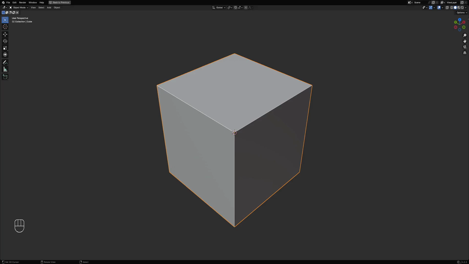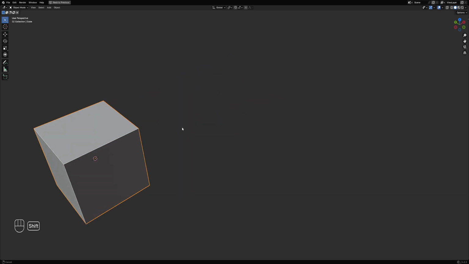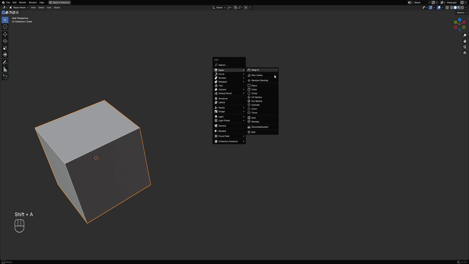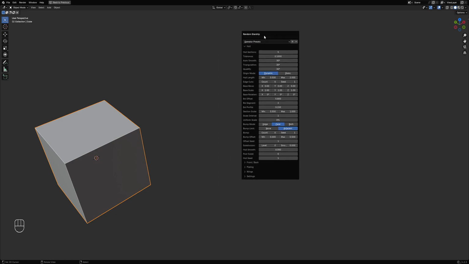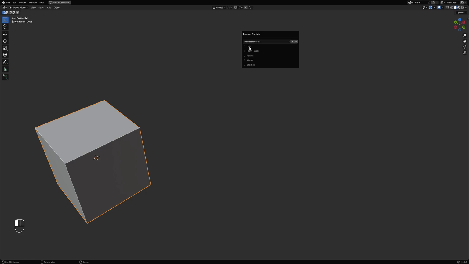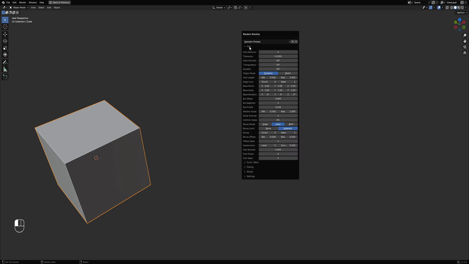Hello everyone, in this video I'm going to show you what to expect in the next update of the add-ons. So let's start with Random Starship. There's going to be an added preset, this 01 right here. I haven't made it yet, so that's going to be an additional preset. And also the sections will now be using the new section drop-down script, which is available in 4.2, but I